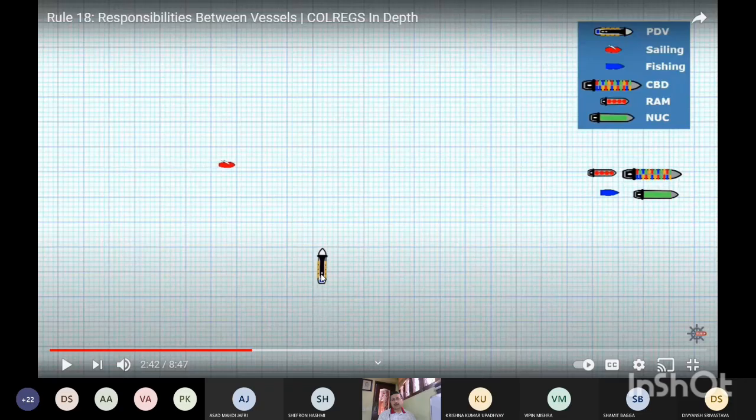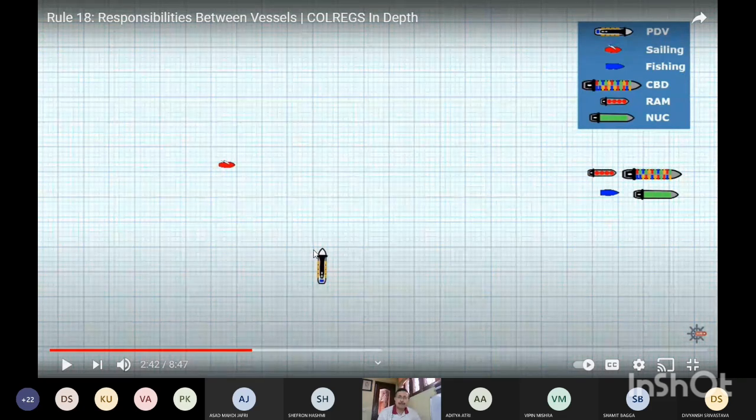Which one would you prefer? Starboard alteration, sir. Arre, you can comfortably alter to starboard and get out of the way. She is a sailing vessel, no? Try to understand. But can you alter to starboard and starboard or port? The answer is yes. You can alter to both sides. Now the question is, which one will you prefer?